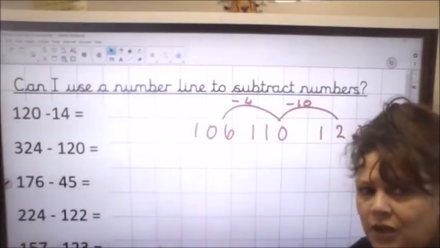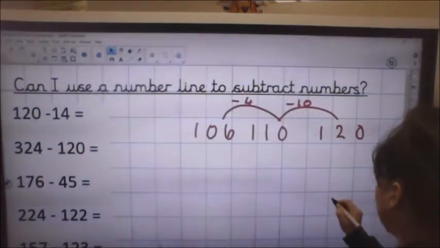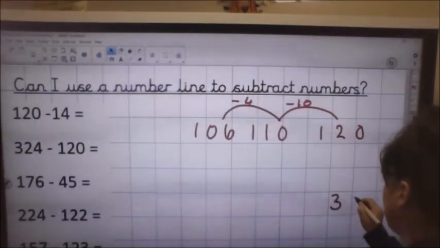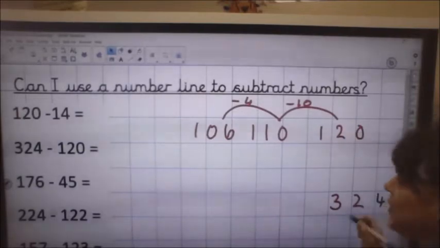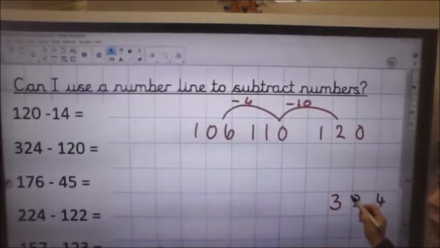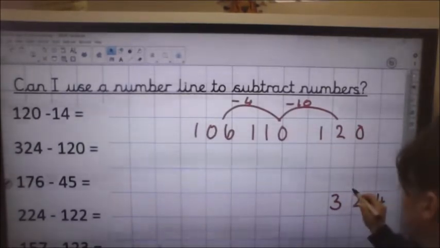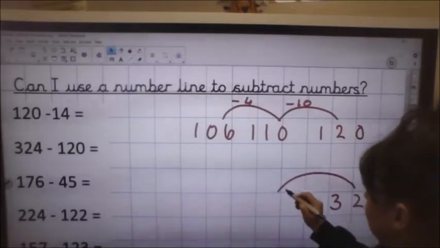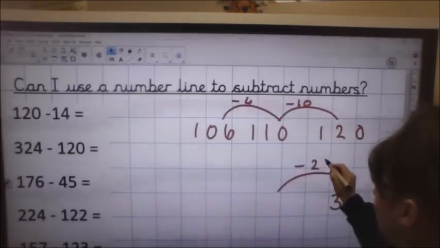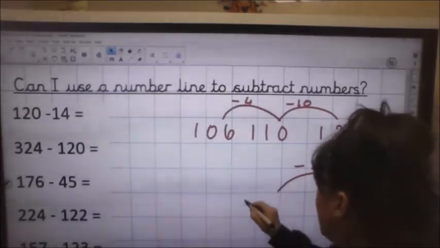So let's have a look then what happens if we take a larger number. So this time I'm going to start off with 324 and I've got to take off 120. So I'm going to take the 20 off first of all. Okay, so I'm going to jump and I'm going to take the 20 off. Okay, so I get